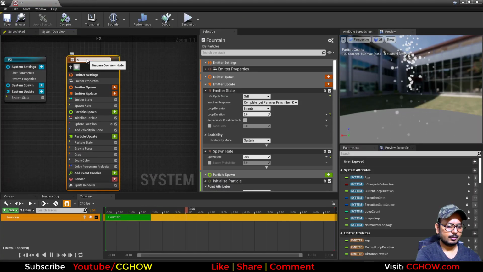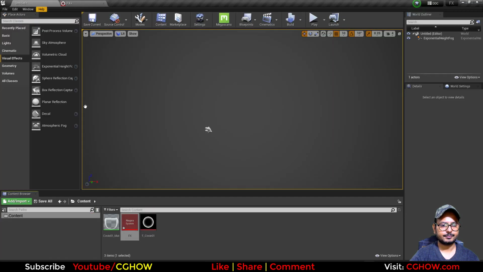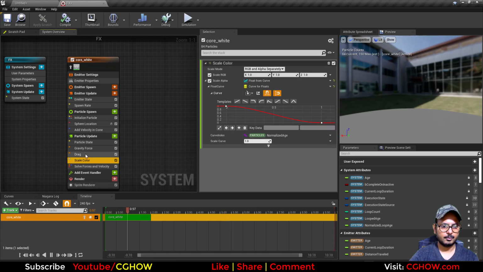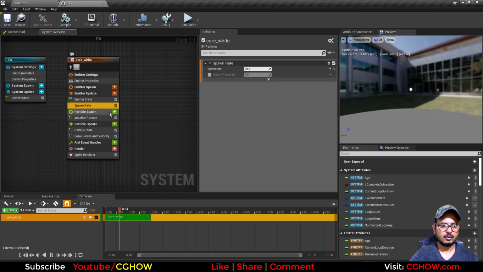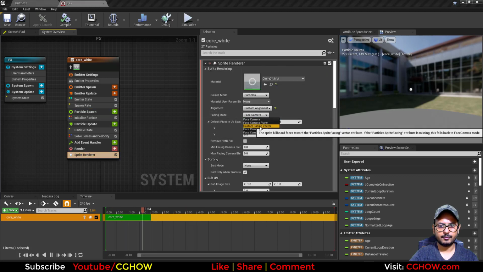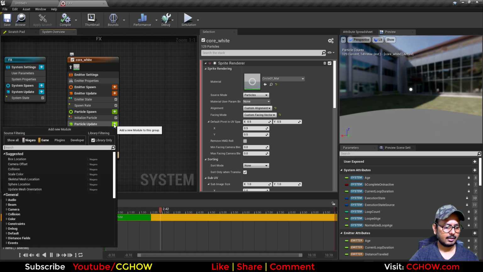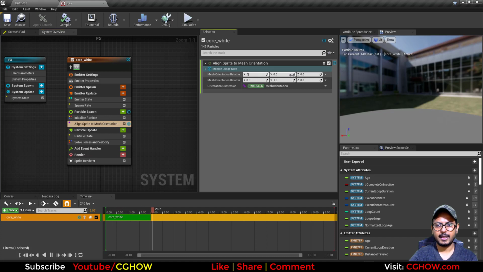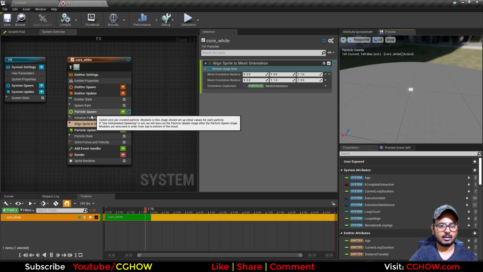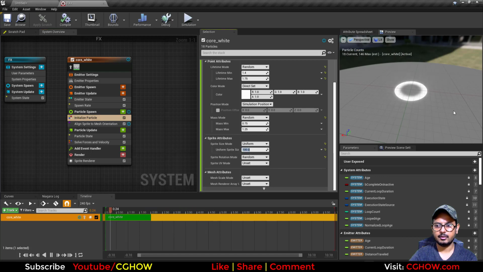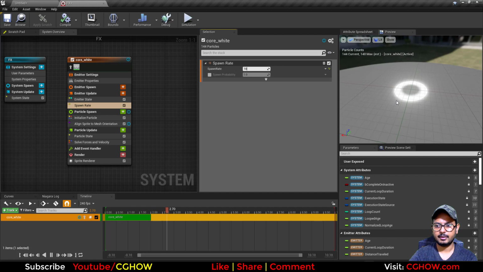So this is my core white, and I will use this material. Remove all these things for now, and I will use custom alignment, custom vector facing, and I'll take this align sprite to mesh, not on X, on Z. So this will face the ground,